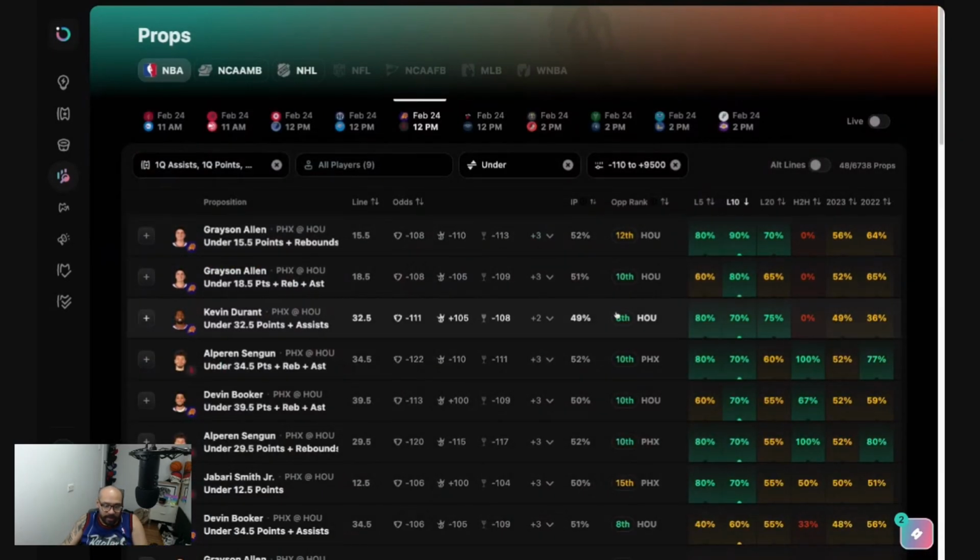Kevin Durant. So we know his recent form, pretty much already know this. His recent form is pretty good at covering this line, going under, sorry. But he did scorch the Phoenix Suns in their last match. I mean, the Houston Rockets in their last matchup. So the rest is Şengün,